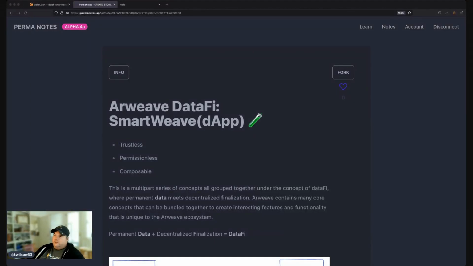Hello. Today we're going to talk about DataFi, an interesting concept in Arweave. This Arweave network provides you trustless, permissionless, and composable capabilities on a blockchain. This series is going to take some of the interesting tools of the Arweave ecosystem and show how they can be bundled or composed together to create interesting